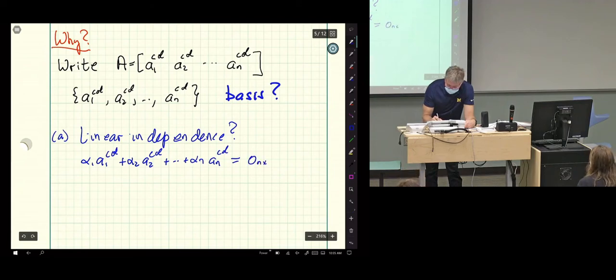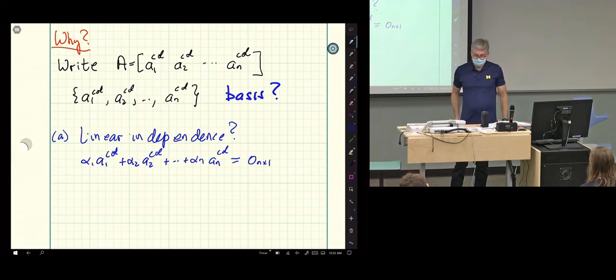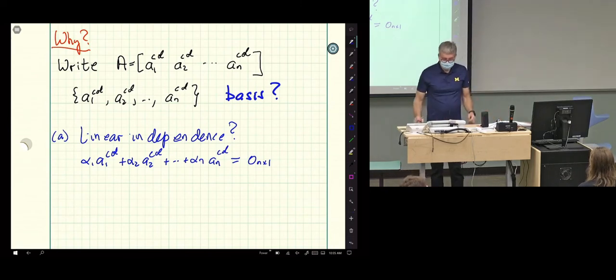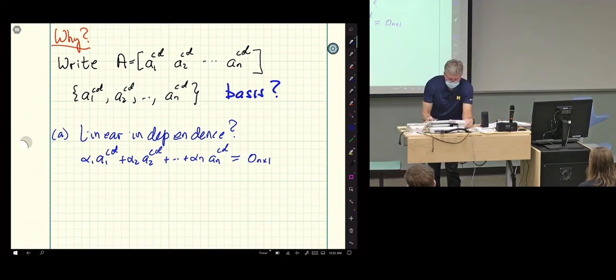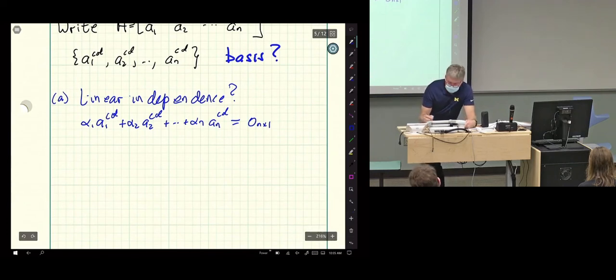And we set it equal to the n by 1 zero vector. We want to know, are there any non-trivial solutions? Well, this is equivalent to me writing, and I'll put the matrix back together,